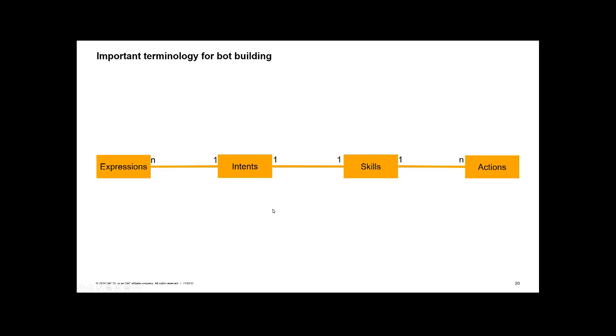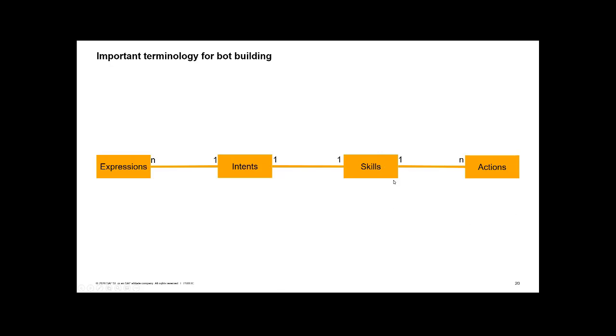Technically, it would be possible to match multiple intents to one skill or match one intent to multiple skills, but that is not the suggested way because then the user experience is not so good. So you should think about your intent and skill mapping beforehand in the conception, but technically you can map as many as you want. Yeah, but it is suggested to map one intent to one skill.